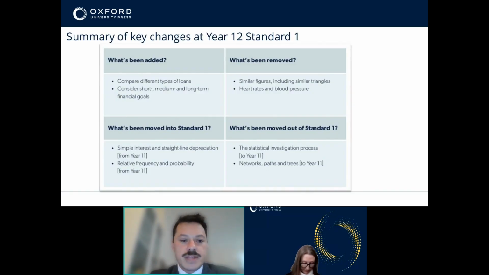In terms of Standard 1, not too much has been changed. Comparing loan types and considering short, medium, and long-term financial goals. We can get the students to give us some of those. We're not financial planners. We've got simple interest and straight line depreciation has been moved into Standard 1, out of